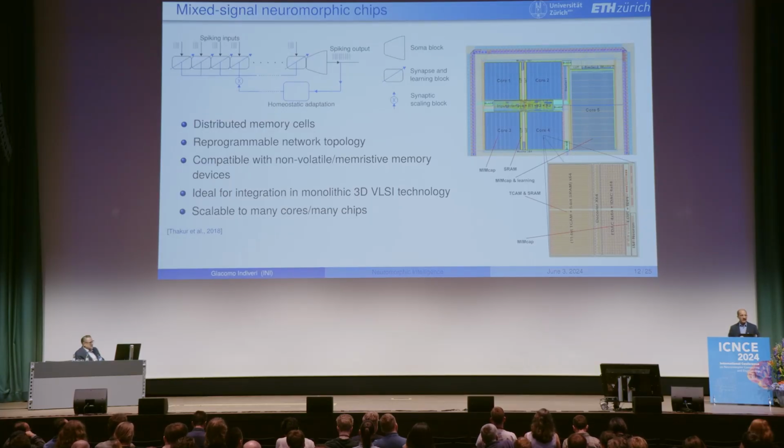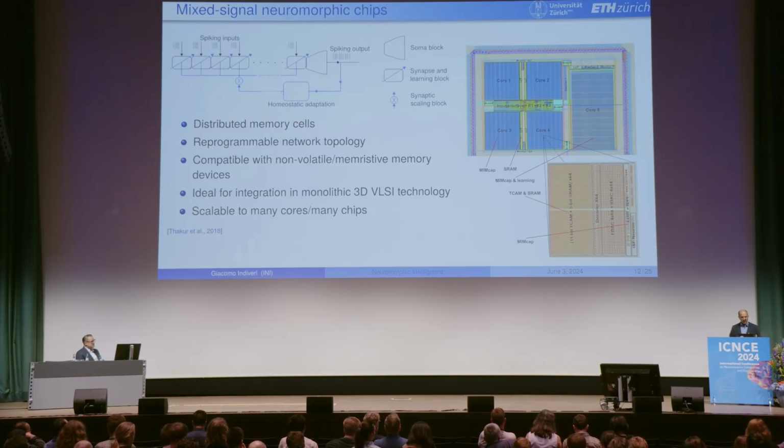Standard digital technologies can, for now, only have 2 layers because you need a heat sink on the top and a heat sink on the bottom. And if you have more, the heat density will just melt all the devices that are there. So if we don't do any special tricks, we can do more than 2 layers using very, very low power circuits. But I hope we will see later during this conference that there are ways of representing signals that can allow us to go into more than 2 layers with very elegant representation and neuromorphic approaches also.